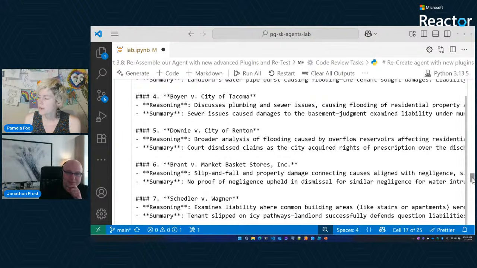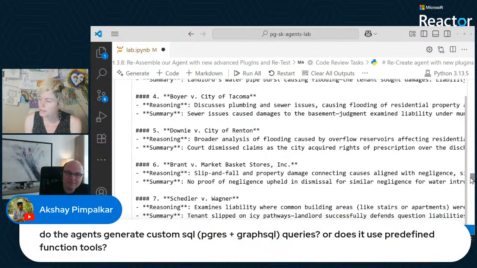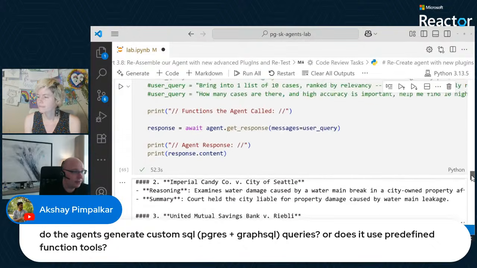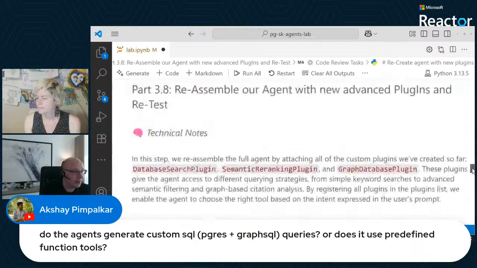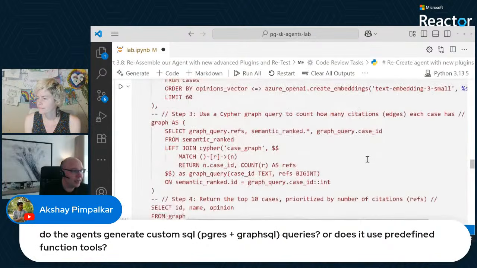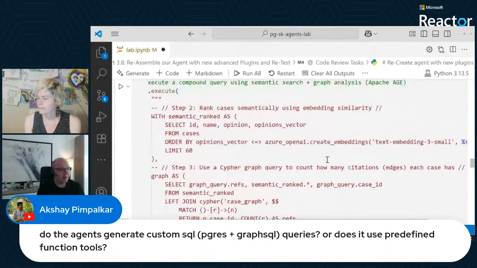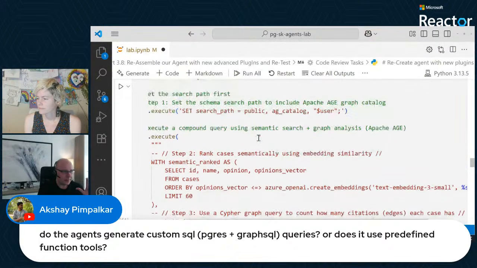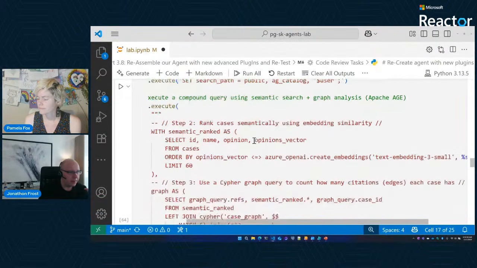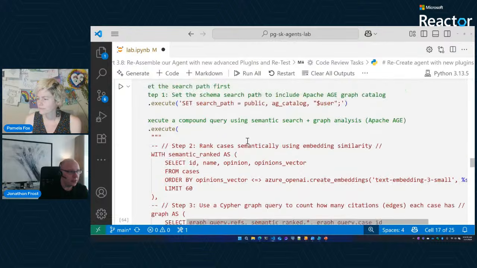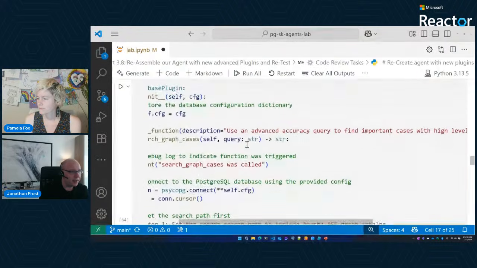There's a good question related to this: are the agents generating custom SQL queries, or are they using predefined queries? Yes, in this case, they are using predefined queries. And I can show you an example of where that's actually happening. So let's scroll up here a little bit. In the case of the graph query, this is a query that is predefined.